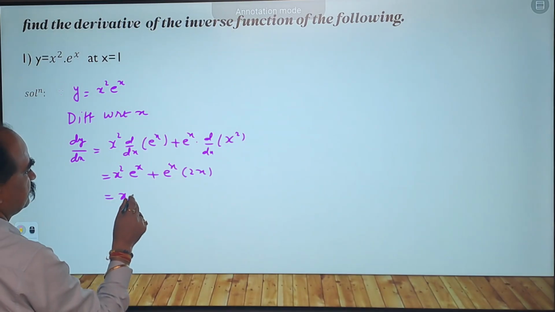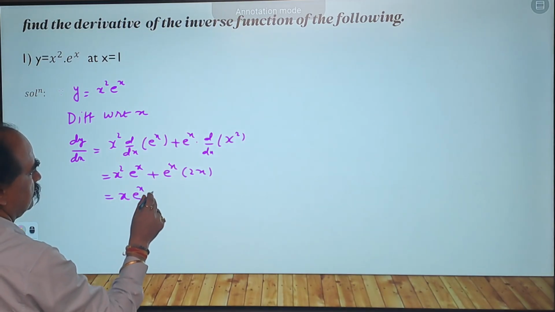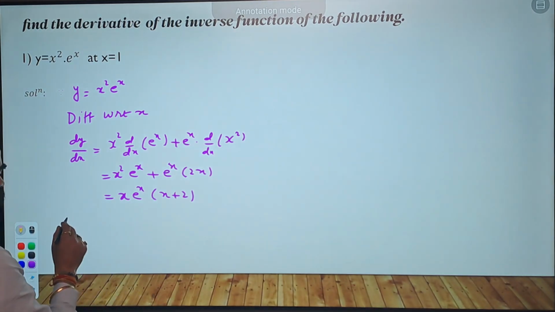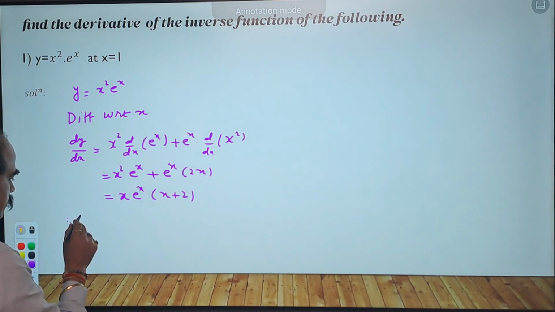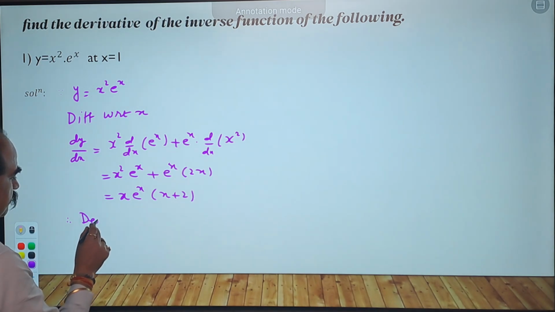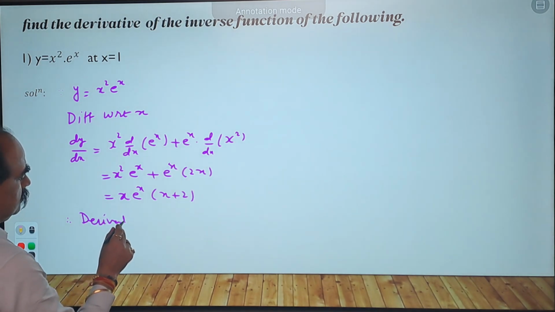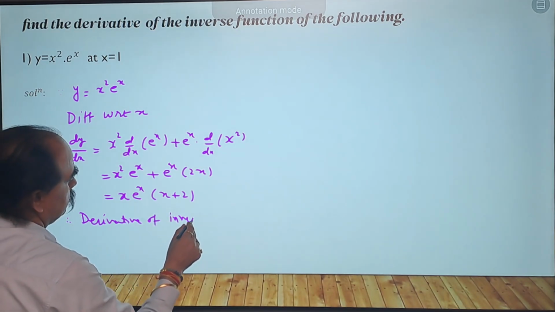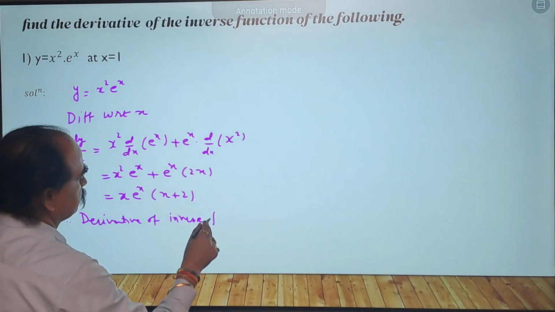Take x e raised to x common. Therefore, derivative of inverse function